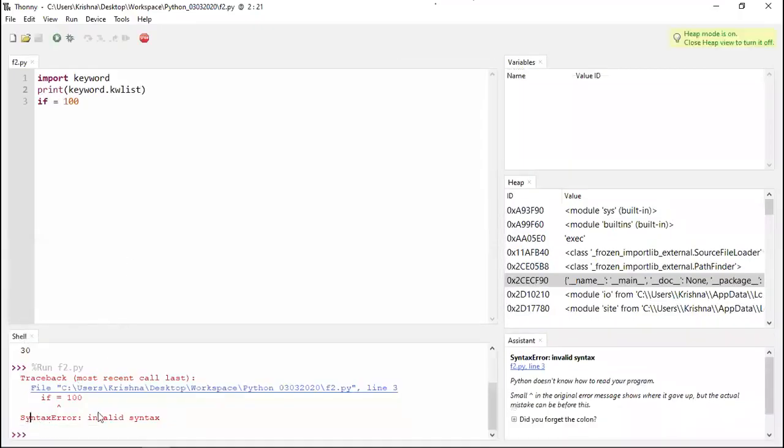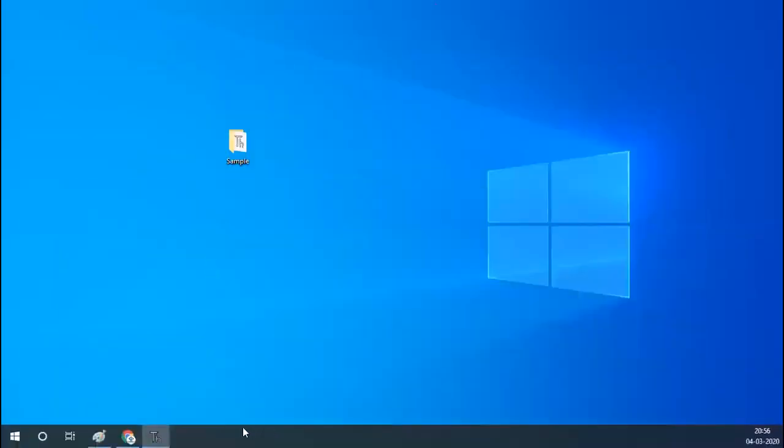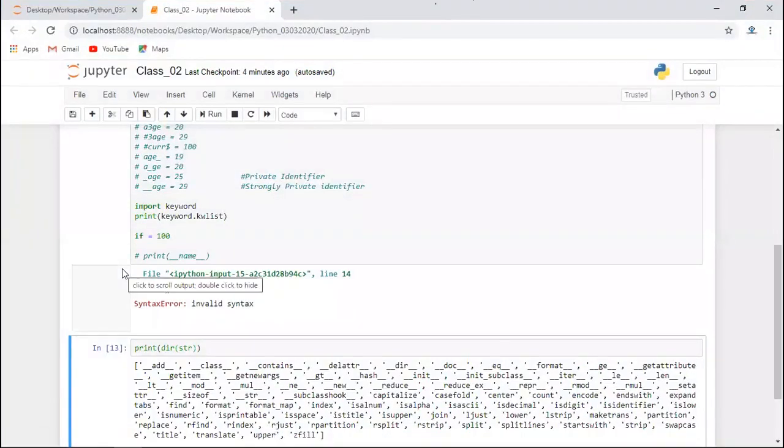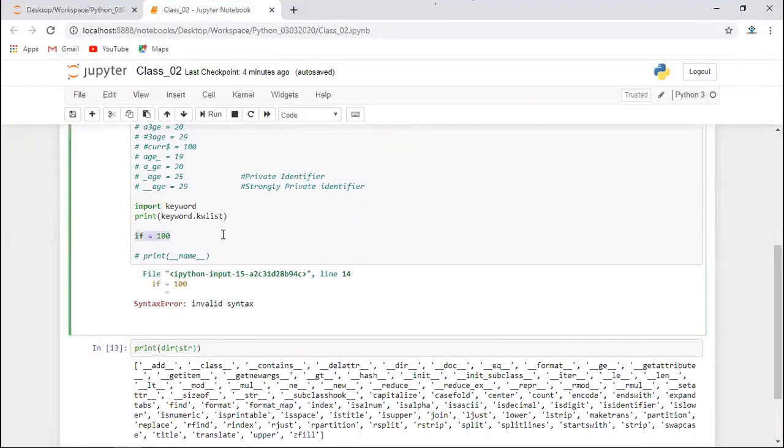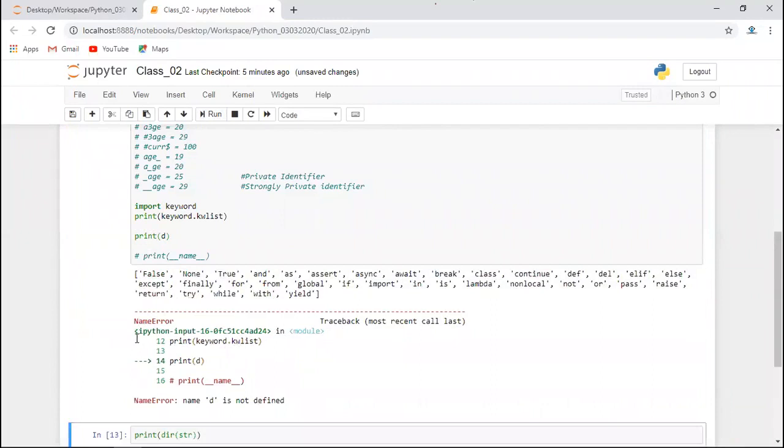So this is the syntax error, no? You are getting a syntax error, so it is not compiled, so it will not execute, right? Yes, got it. Here also you are getting the syntax error. If is a keyword, you can't use a keyword as an identifier. Let's say I make this print d. This is not a syntax error, and if you run this, it will print. The compilation itself found the error.